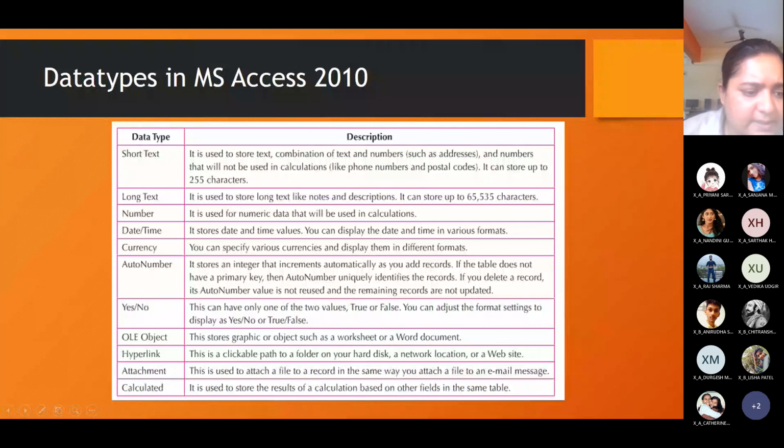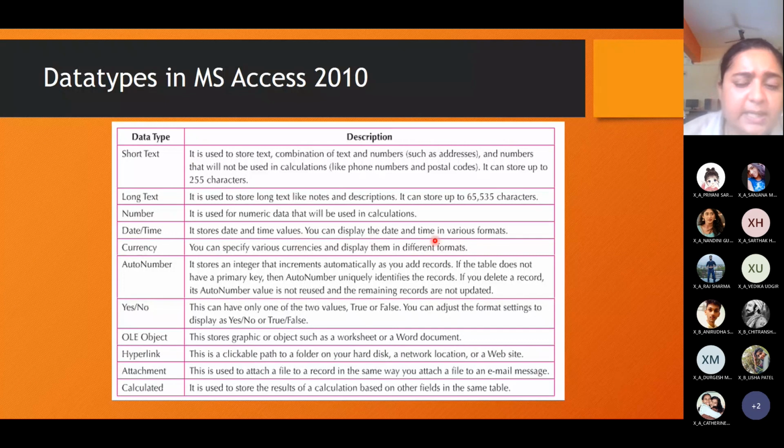You can see over here, short text supports up to 255 characters. That is, you cannot have any data in this particular data type more than 255 characters. But long text or memo text supports 65,535 characters. Number is used for numeric data that will be used in calculations. Date time stores date and time values.